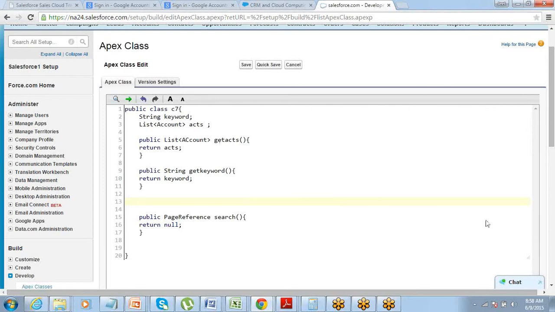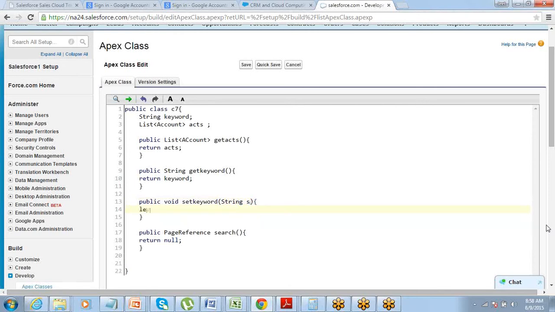So for that, I'll define a void method with a parameter. Okay. So public void set keyword string s, keyword equals s.